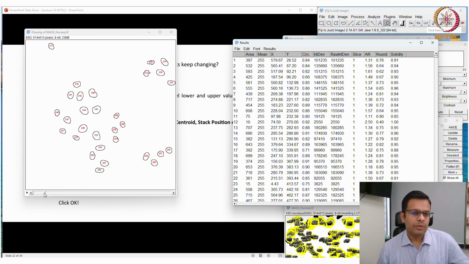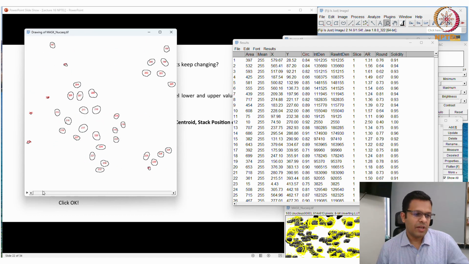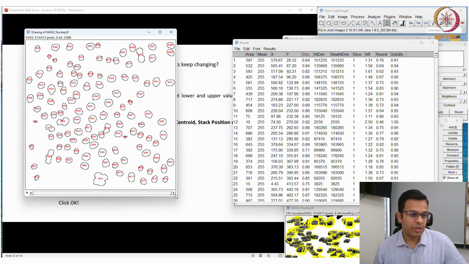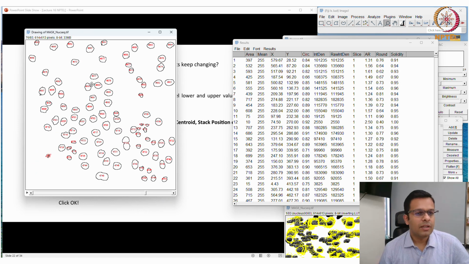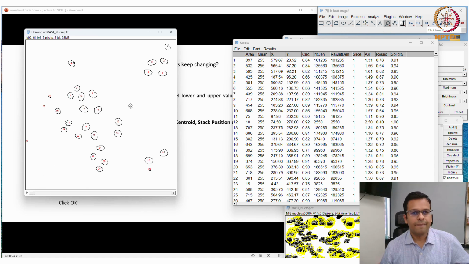So the purpose of showing you this exercise is for this kind of images where your size, shape and number of objects keeps changing over a period of time, and you want to measure all this information about their fluorescence intensity, their size, area, and all this, then you can use this kind of function for automated analysis.